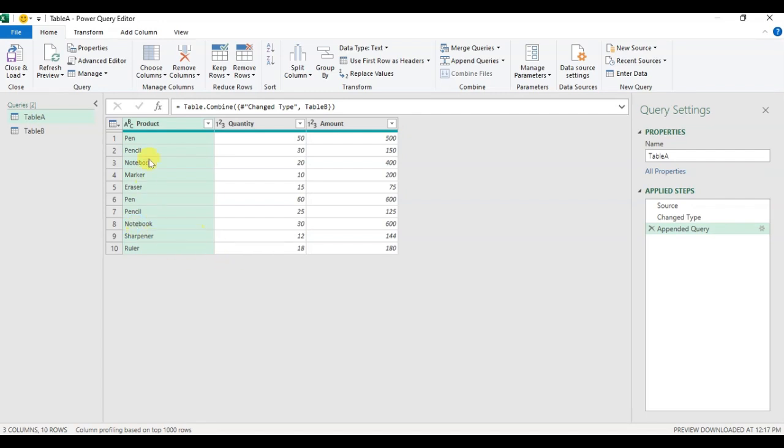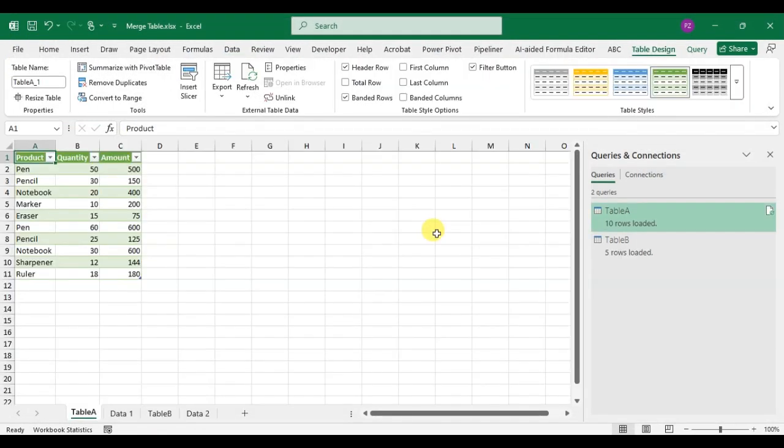And that's it. Table A and Table B are merged here. Okay. Just go to the Home tab and click on Close and Load. And here you can see in Table A, both data are merged. Okay. So this is the way you can merge table data from different